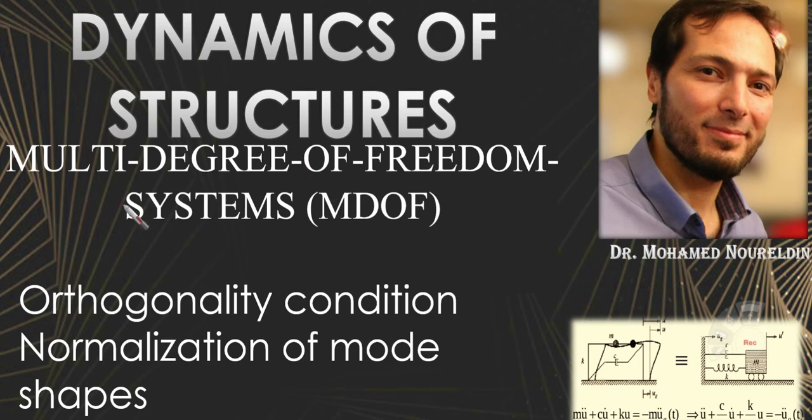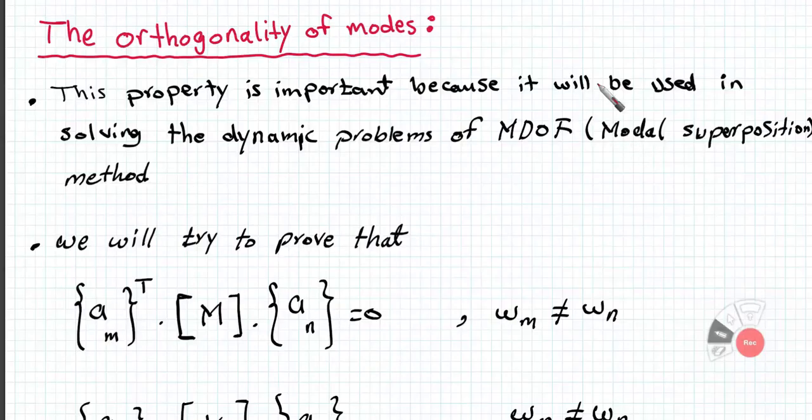Still, we are under multi-degree of freedom systems, and today we are going to talk about the orthogonality condition, and after that I'm going to talk about the normalization of mode shapes, and then I'm going to take an example, work out an example regarding normalization of mode shapes. Okay, so now for the orthogonality of modes